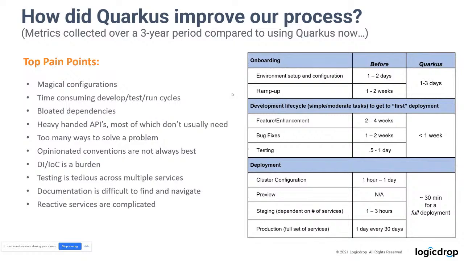So, in fact, here are actual numbers. And we were talking a little bit earlier. We track everything. So we track the time a ticket comes in all the way to when it's deployed. We do fire drills to manually see how developers spin up a system or get onboarded. And we try to see how we can optimize our processes. And part of that is based on quantitative numbers. Some of it's also based on, well, where do I see the stumbling blocks when somebody's trying to get set up or write a feature?